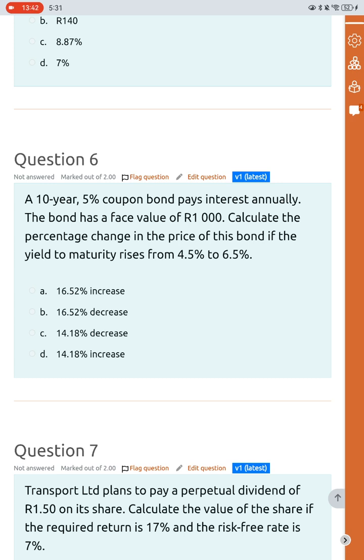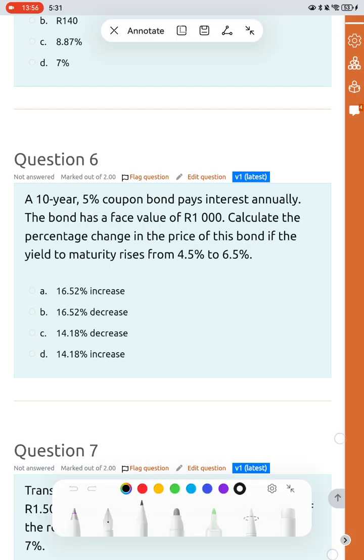So we have a 10-year 5% coupon bond, and we know that the coupon rate is 5%. It pays interest, and we know that the bond has a face value of 1,000. These two go together, so you'll find 5% of that, and then you'll know that that's your coupon payment. Calculate the percentage